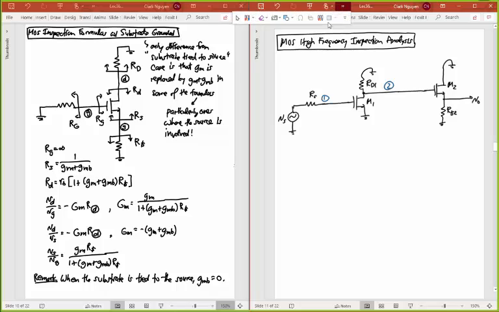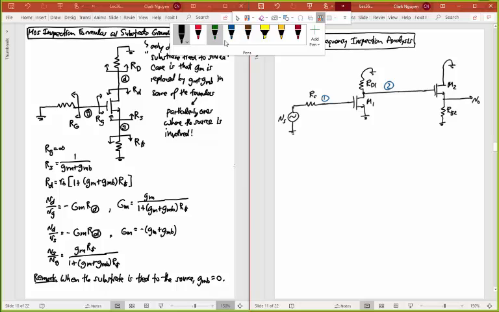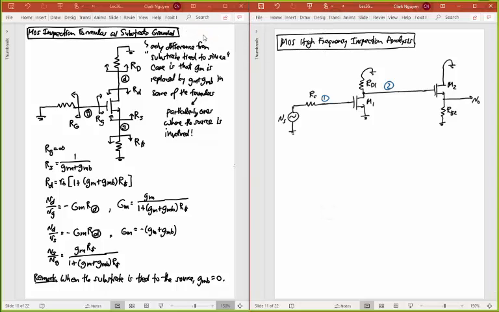And so, starting off, I have my nodes. I need to put in my capacitors. And so for MOS, remember we have a CGS, so I have a CGS1. I have a CGD capacitance for 1. I'm going to have a CSB capacitance here. And I'm going to have a CDB also out here